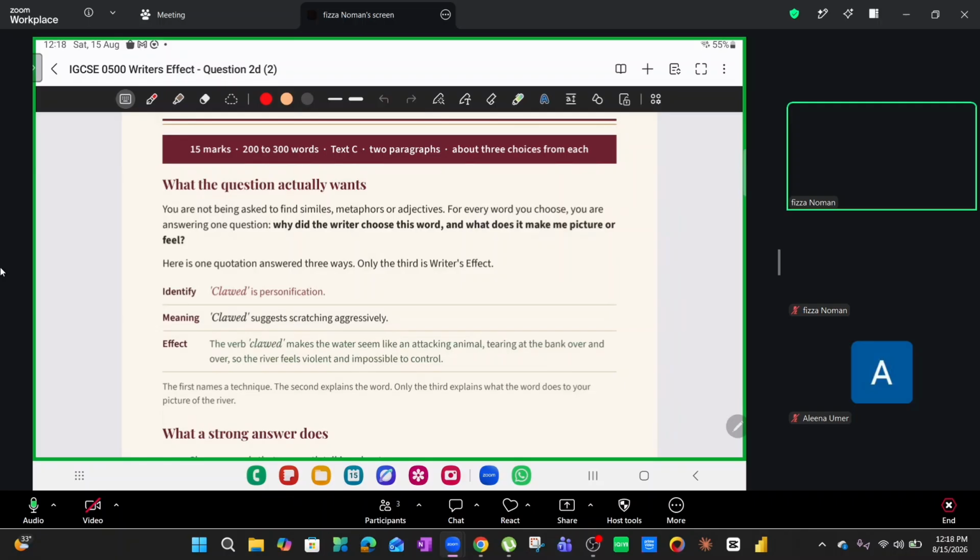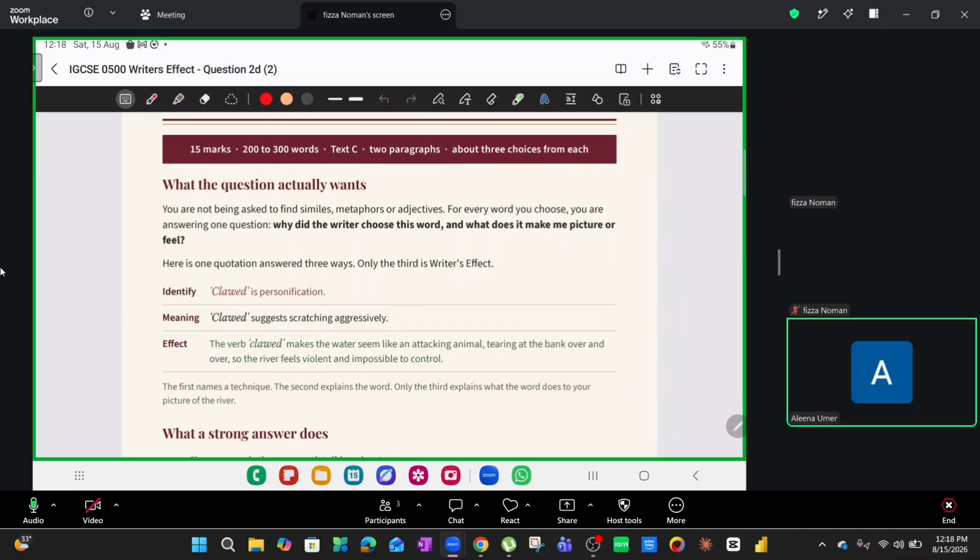It is to make sure that once you are able to identify language techniques, how well are you actually able to explain them as well? How is meaning created through that particular technique? What kind of a picture is it painting in your mind? Does that make sense, beta? Are you able to see exactly what the writer is trying to show you? Do we understand that, Alina? Yeah. Okay, very good. Excellent.